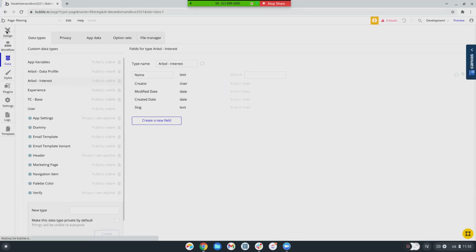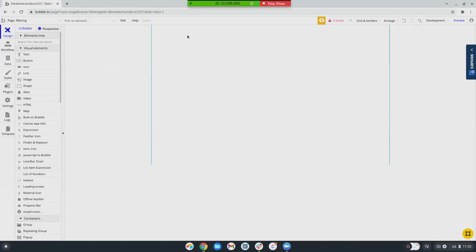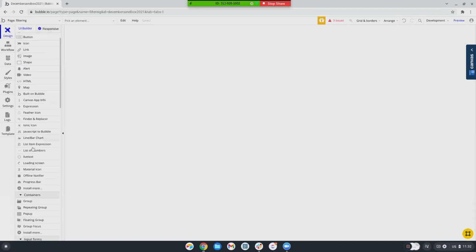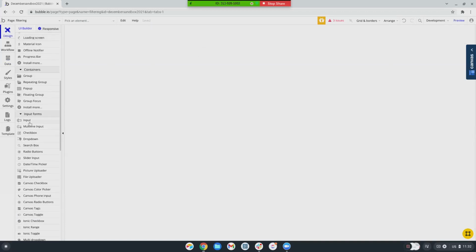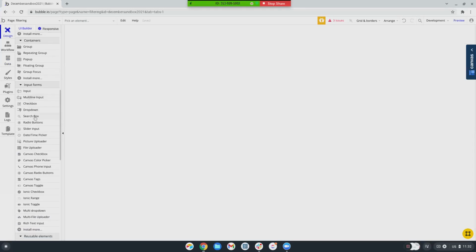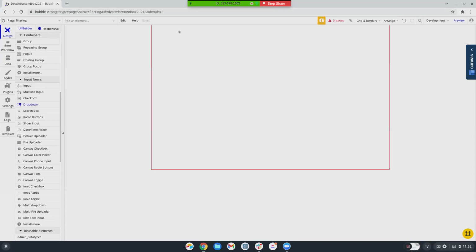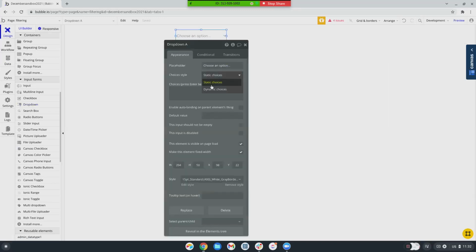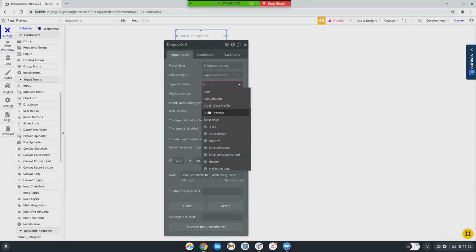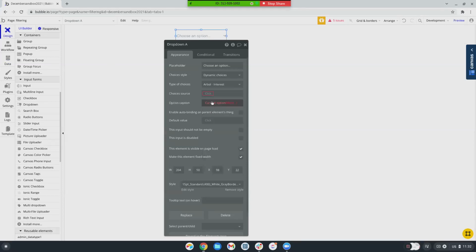So what we want to do is, let's say the donor is going to have a drop down of type interest. We'll do a search for all interests.